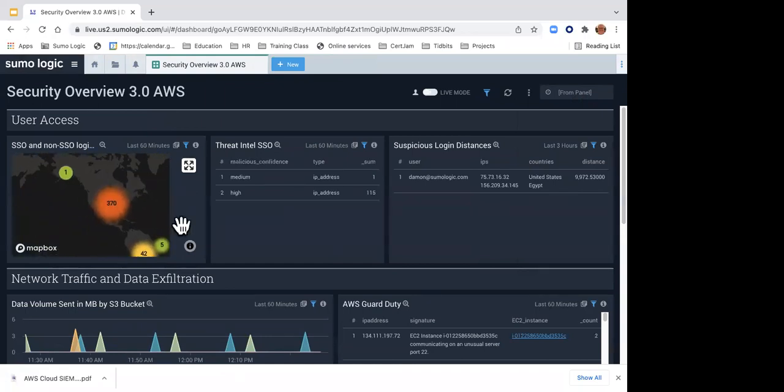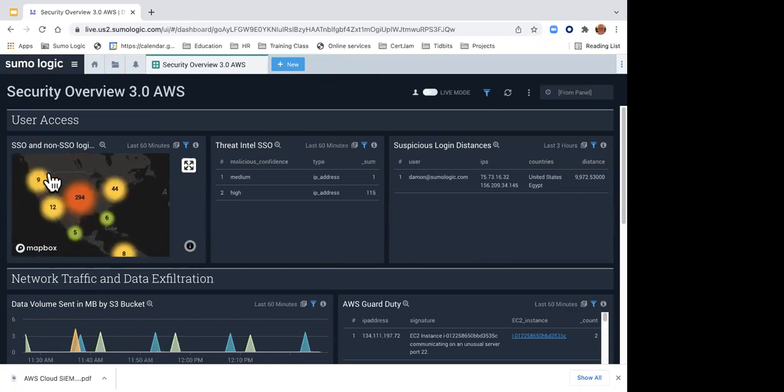So of course I can move this map around, zoom in, see what's going on, and have my numbers broken out to see what's happening. As I mentioned before, with our relationship with CrowdStrike, we can send the IP addresses of where they're coming in from to see if there are any known issues associated with those IP addresses through CrowdStrike. And so we have identified 115 addresses here that have high malicious confidence, and there is one that has medium. So we could look into this further: what those IP addresses are, where they're trying to go, and what they're trying to do. And obviously you could write rules to reject those IP addresses.